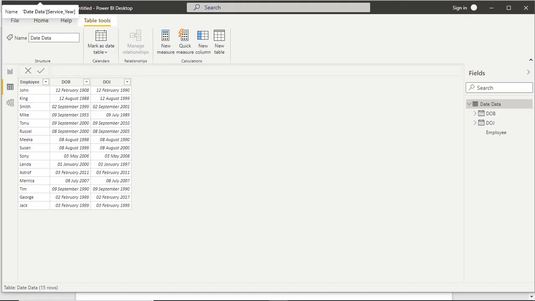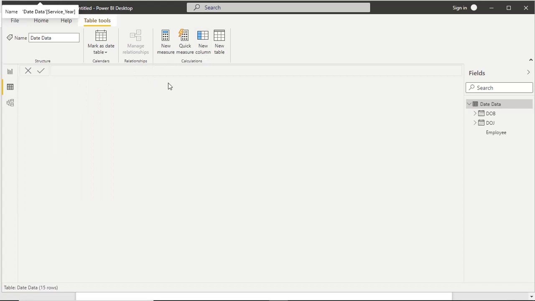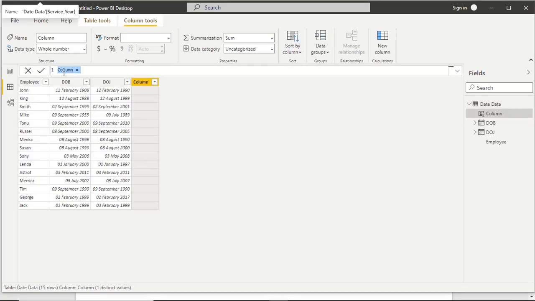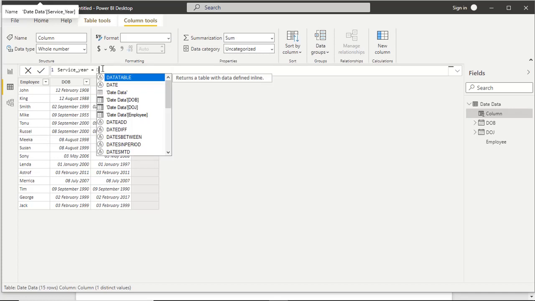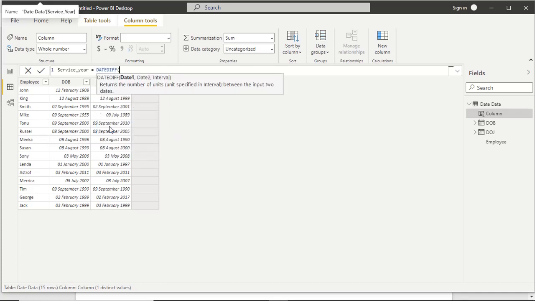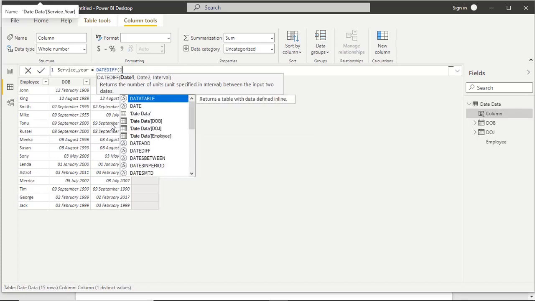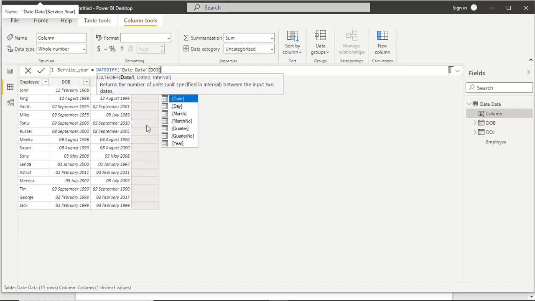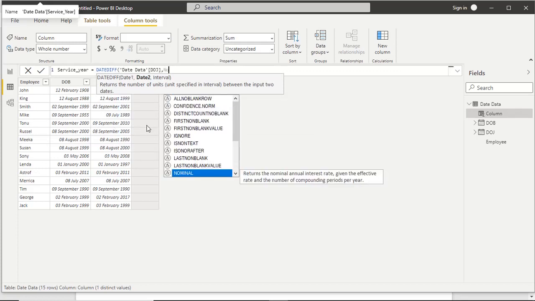Now we check the DATEDIFF function in Power BI. So new column, service year, then DATEDIFF, date of joining, and NOW.